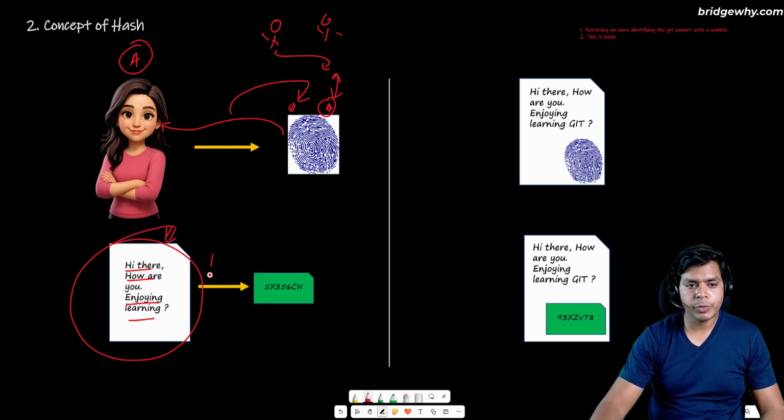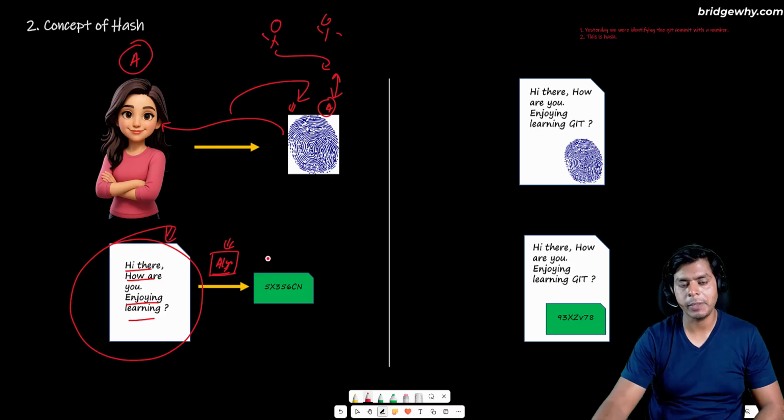And when I give it to a box, which is nothing but an algorithm, it is just out of the syllabus, you can say. But there is a box. If I give this file to this box, it will generate a number just like a fingerprint. And this number is actually your